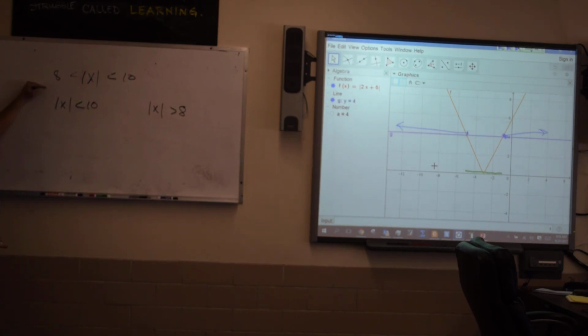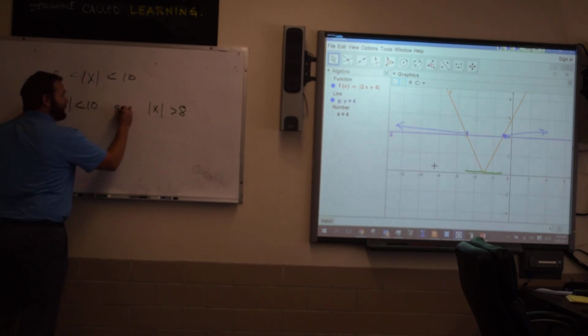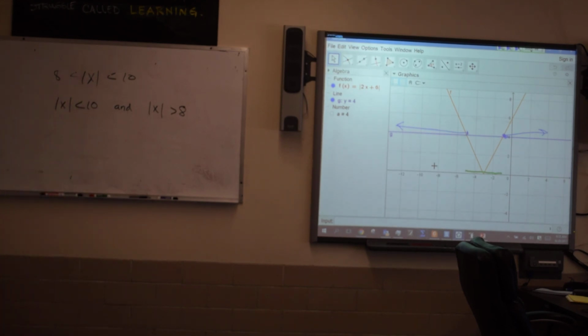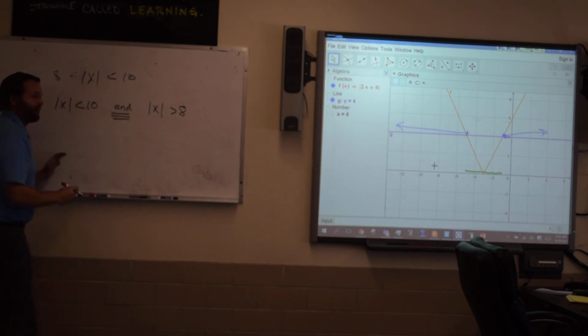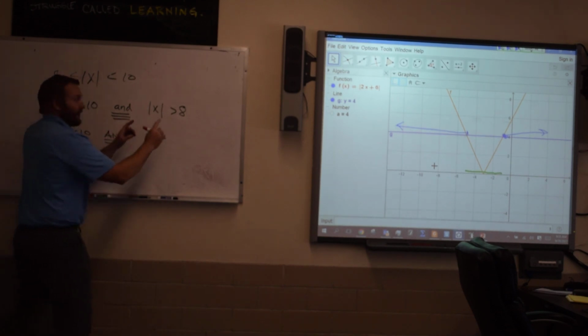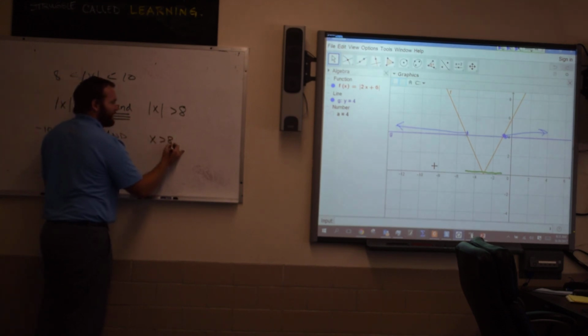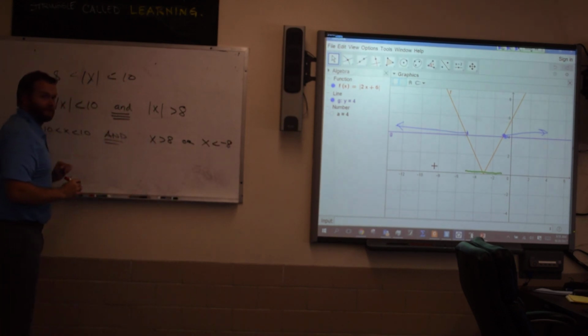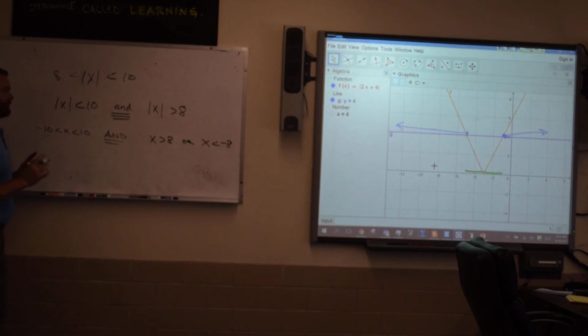Now because it's a between statement, I'm going to rewrite it this way. I still need the betweenness or the and or the intersection idea. And that and takes precedence over any other operations that we come across in a moment. So order of operations is kind of most important here. If you have absolute value like this, if it's a less than, don't you do this? Right? Now and, that takes precedence. You got greater than. Doesn't greater than become x is greater than 8 or x is less than negative 8? That makes sense to everybody? So what we're going to do is look at graphing that and graphing that. We're going to do it all together. But then we're going to look at this and that, meaning intersection, meaning where they overlap. So if I graph that, I'll finish this on the